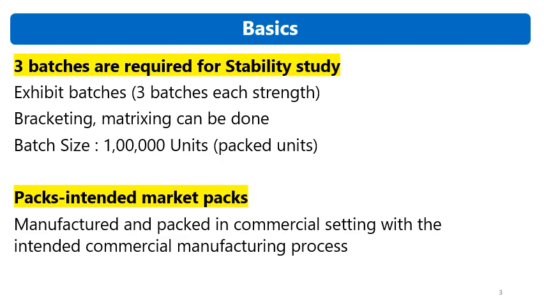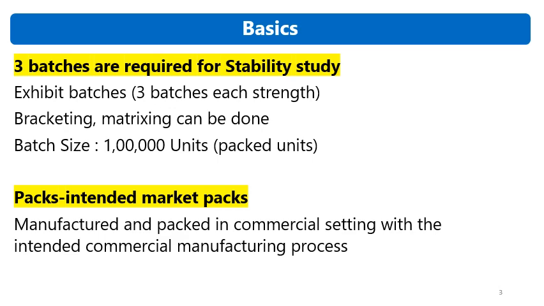Then three batches are required for the stability studies. As per the regulatory guidelines, the minimum number of batches for a stability study for product registration and approval is three batches. Three exhibit batches of each strength are required. The principles of bracketing and matrixing can be taken into consideration while writing the stability protocol. I will cover the bracketing and matrixing design for the stability study in upcoming videos. So for now,